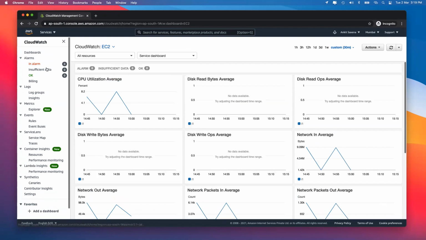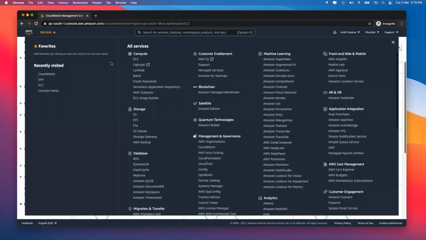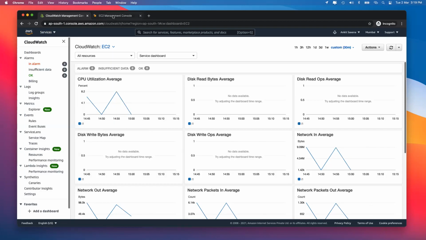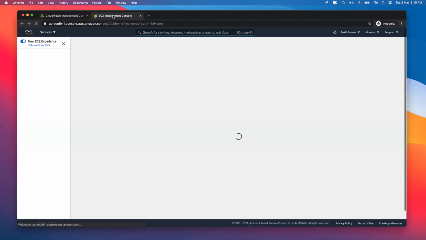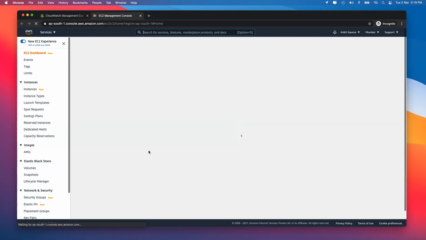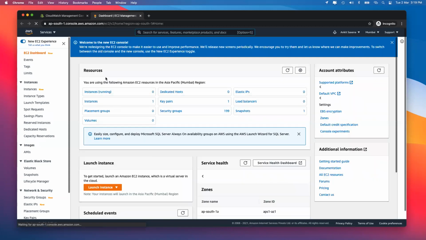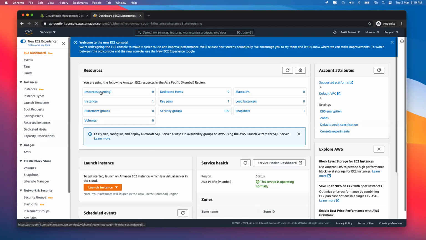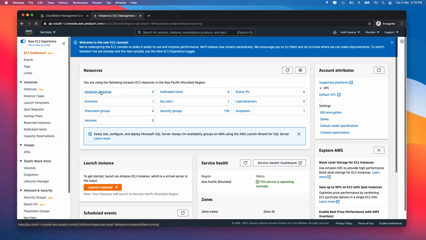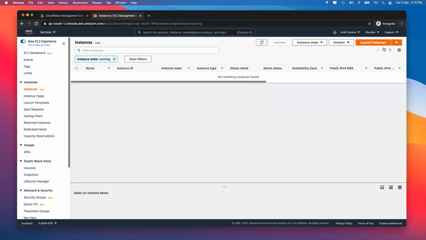So this is one of the ways of metrics, but because I don't see any instance over here, for starting, we'll go to our EC2 and launch a new instance inside EC2. And over there itself, we are also going to see CloudWatch logs. So for that, we go to our EC2 instance. You would have already seen EC2 inside the previous recording: how to create EC2 and what the various parameters for EC2 are.